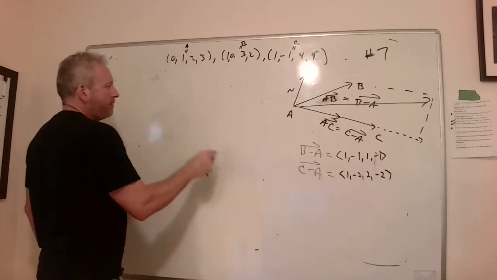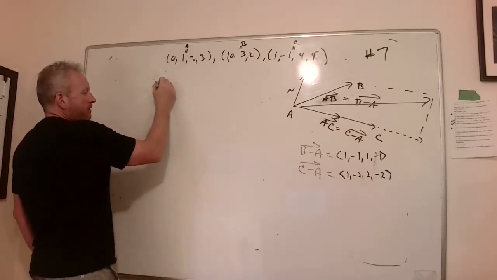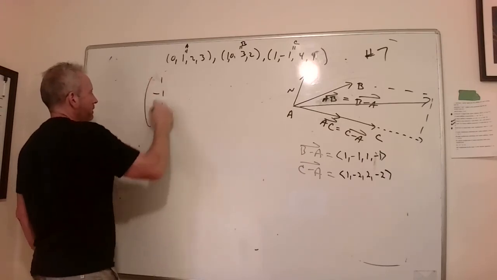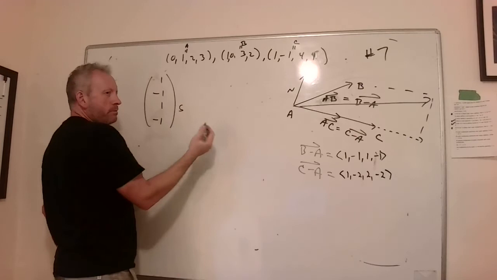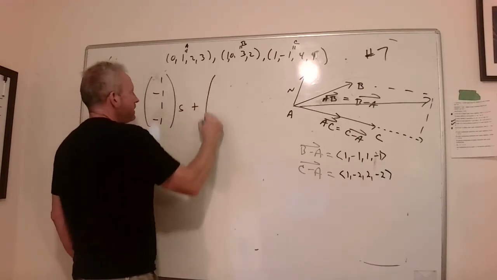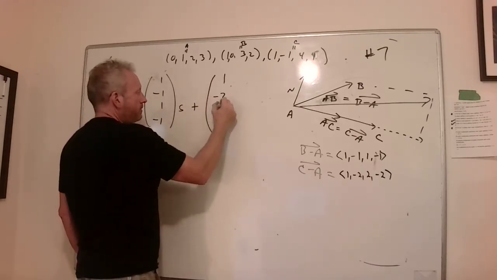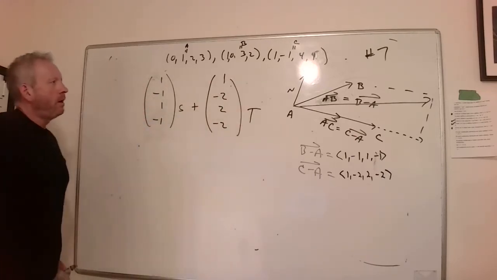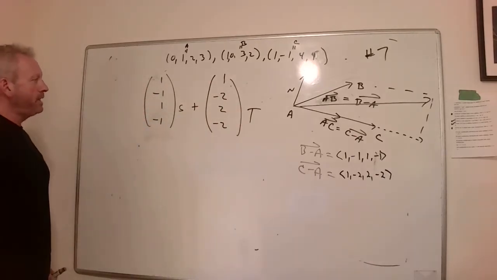So what we need to have is all possible linear combinations of the following: 1, negative 1, 1, negative 1. Let's say I'll use the letters our book does a lot, S and T. And the other vector is 1, negative 2, 2, negative 2, say T. We need all those possible combinations,